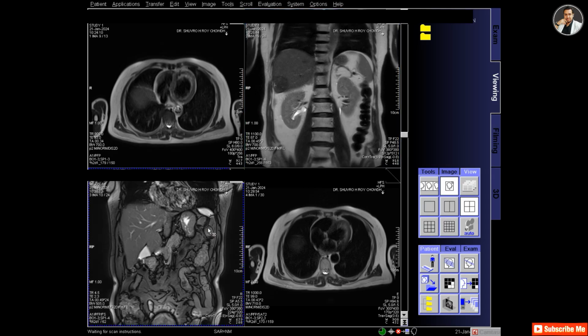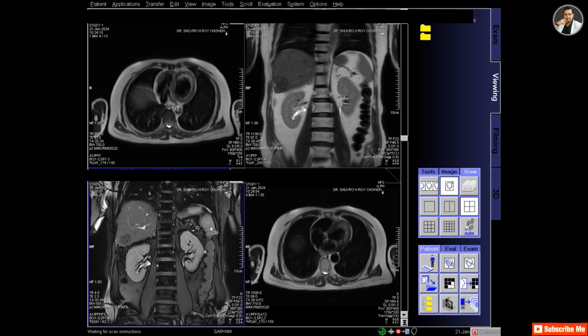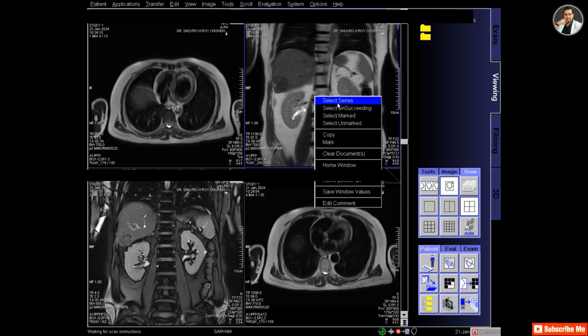Now it's time for filming the images. So I'm checking out the coronal images right now.